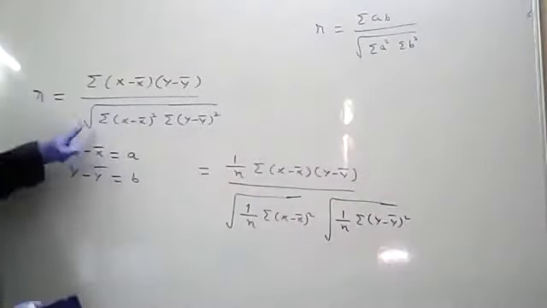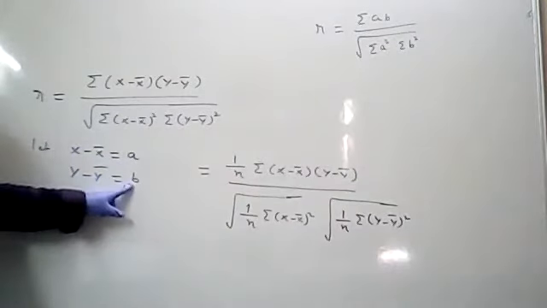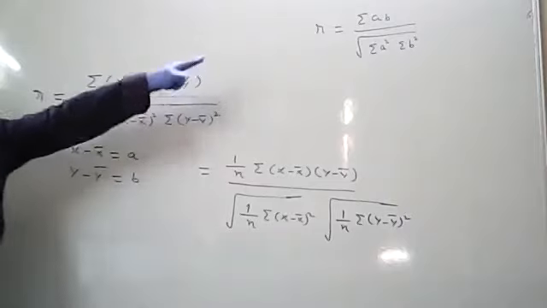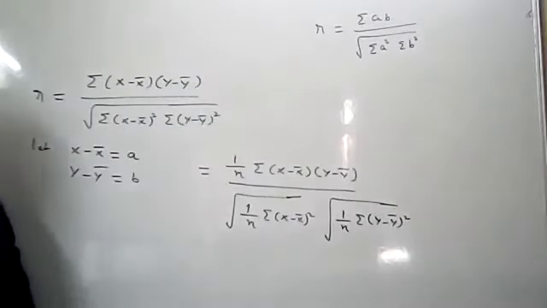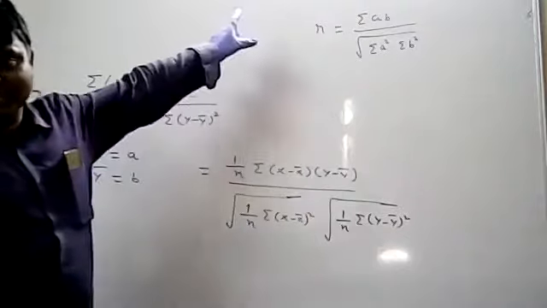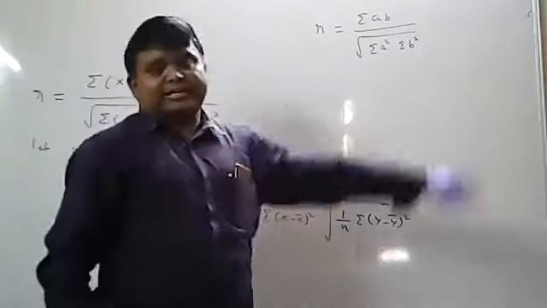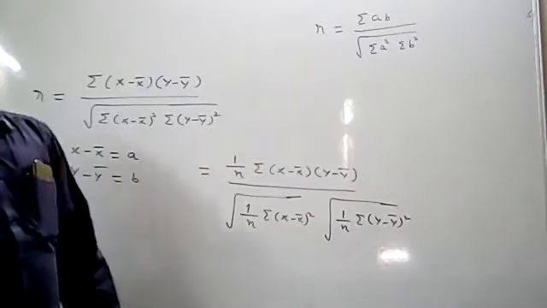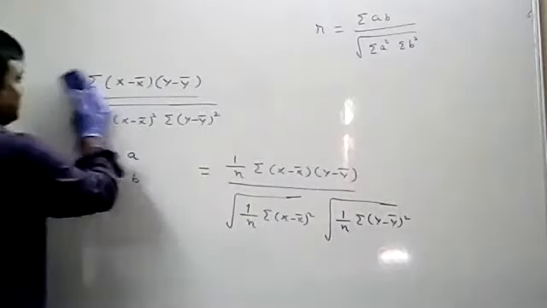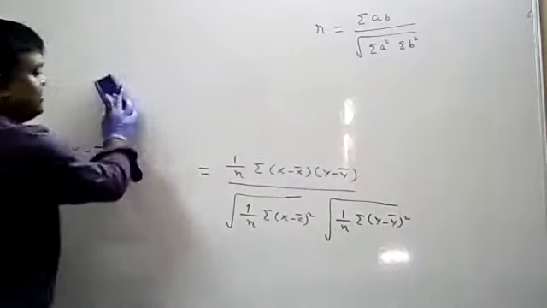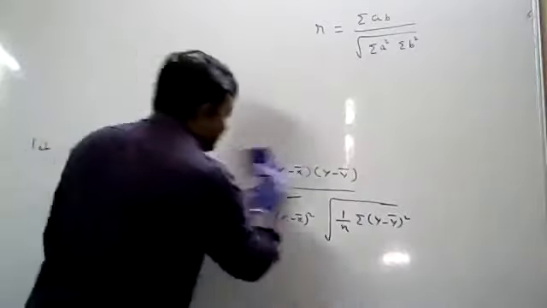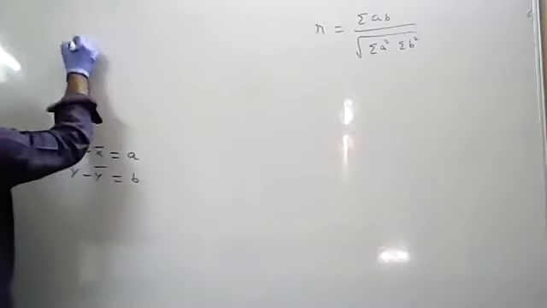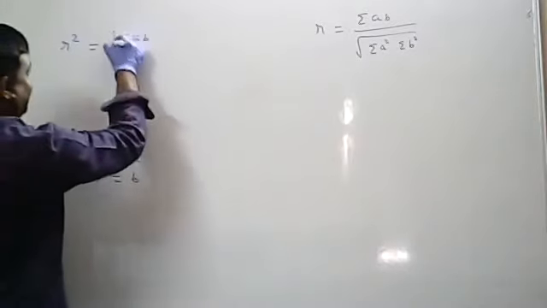Okay, so what I am assuming, x minus x bar equal to a, y minus y bar equal to b. So x minus x bar you will get a here, this is b. So you will get a square here, you will get b square. So that means r equal to summation ab by root over summation a square into summation b square. That is the simplification term you are getting. Now squaring both sides. Next line, squaring both sides, we get r square equal to summation ab whole square divided by